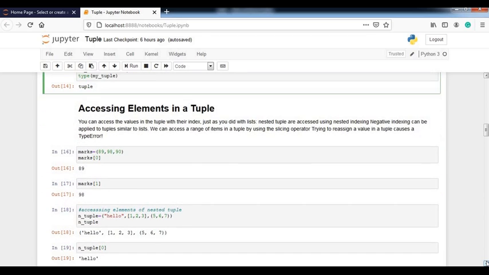Now next, moving to accessing elements in a tuple. How to access elements in